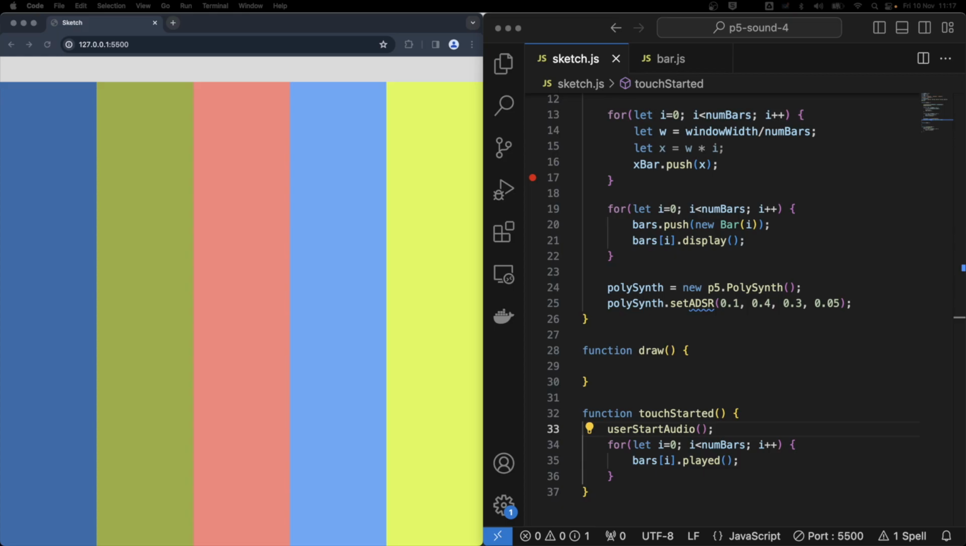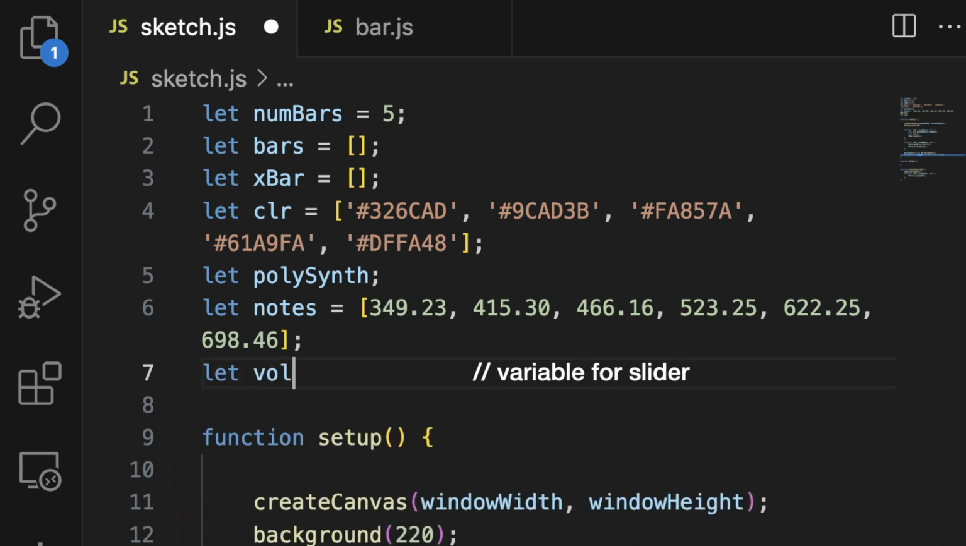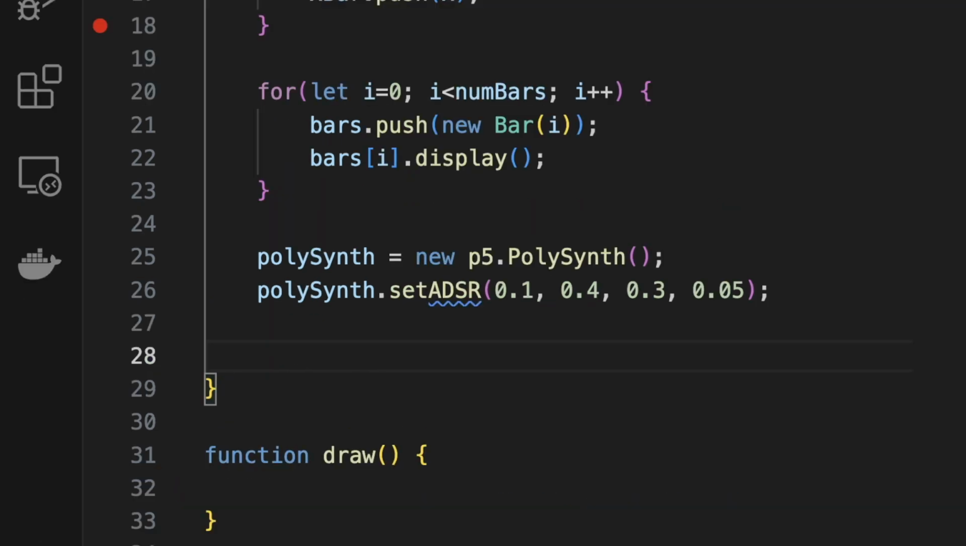One final thing, which is also good practice for web audio, is to give the user the option to adjust the volume using a volume slider. If you want to know more about adding sliders, see my video on sound manipulation in the browser with P5. First, the global variable, then in setup,